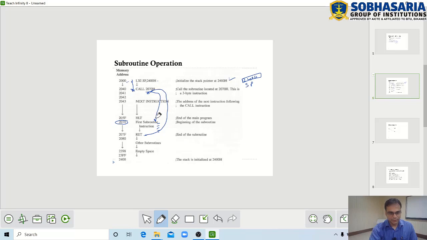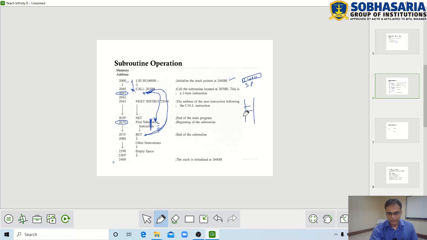So this is how the call instruction jumps the execution from the called location to the subroutine location, and then the subroutine gets executed, and then the return instruction will transfer the execution back to the location where the call instruction is written. This is similar to a function in C or C++. Whenever the call instruction is executed, the next instruction's address is 2041, so this 2041 will be pushed inside the stack.